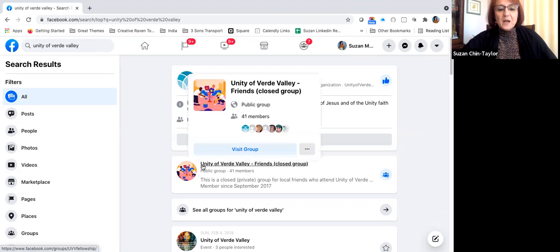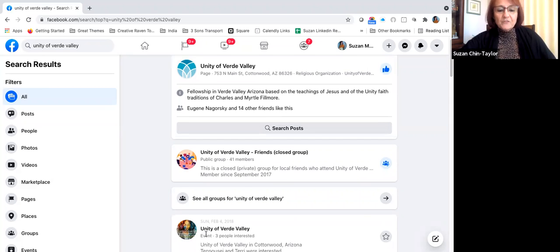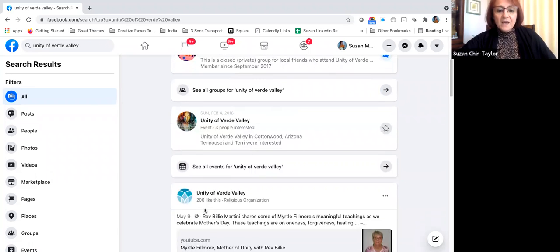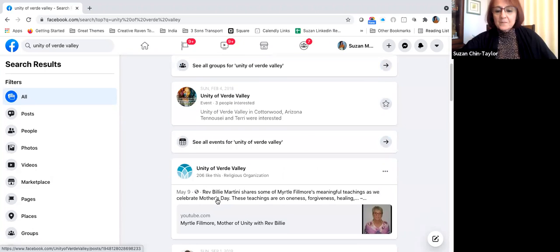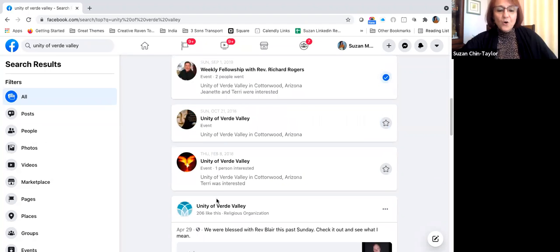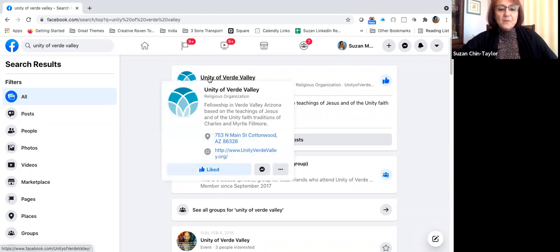This is a closed group, and I would say don't. This was something that was started back in 2007 when we first started to reestablish, and we were trying to communicate privately for a while until things got underway. So don't participate in this particular group, just focus on the page. This is an old event for Unity of Verde Valley. And here it is, the page again. Myrtle Fillmore, Richard Rogers. So these are really old entries. So if we click on the page,